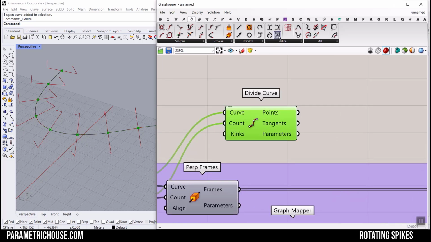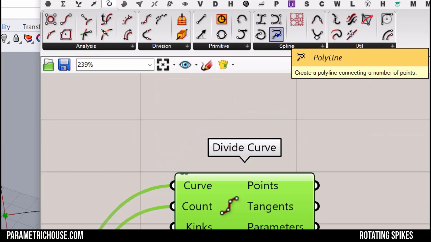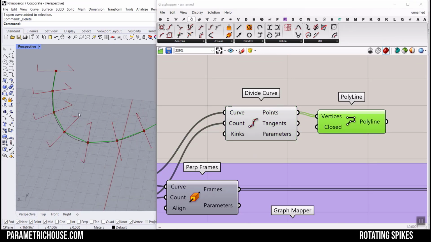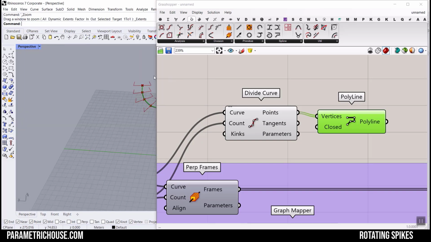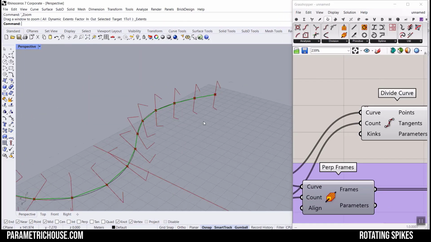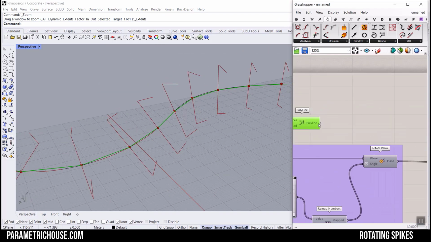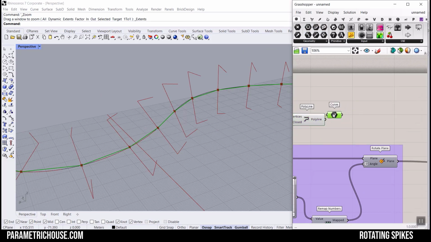And now I'm going to just select and connect them by a polyline. Just a polyline. You can see that's going to connect them by a polyline. So that's exactly what we need. It's like a centipede. Okay, and now that we have this polyline,